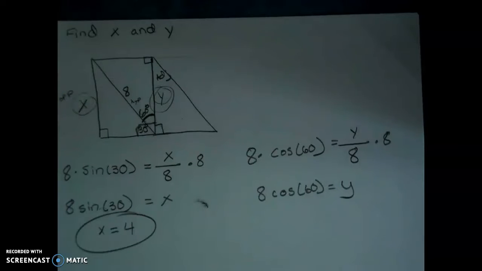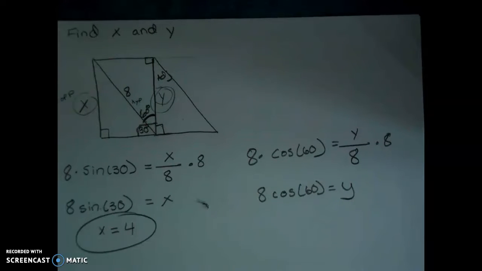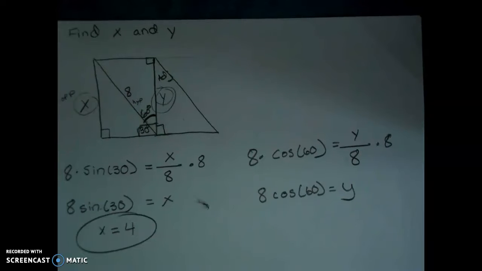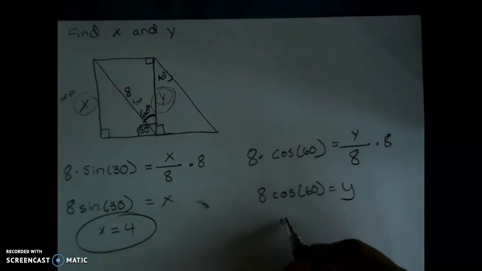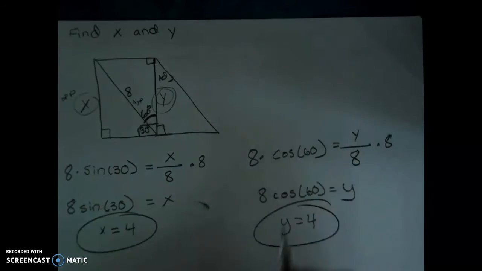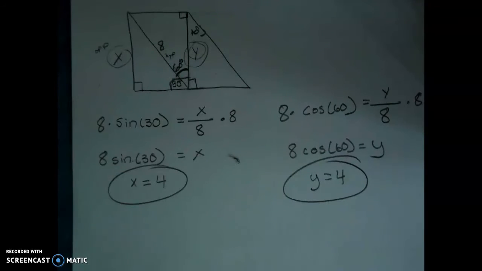I could plug that into my calculator. I have 8 times the cosine of 60. And enter. I also get 4. So x is equal to 4 and y is also equal